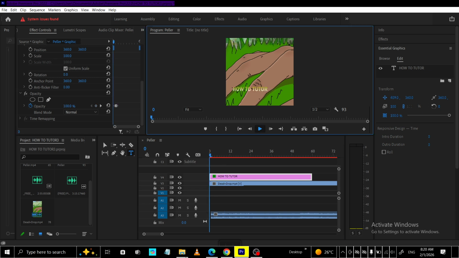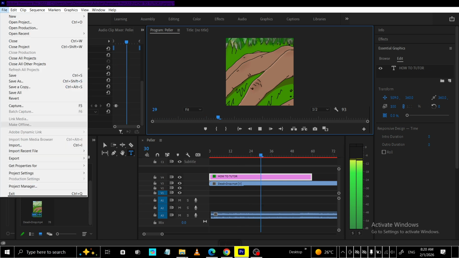For a pop or zoom effect, adjust scale. Begin a bit smaller or larger than 100%, then keyframe to 100 for a crisp settle. A small overshoot followed by a return can add energy if kept subtle. Finally, make everything smoother with ease in and ease out. Apply easing to your keyframes so motion starts and stops naturally rather than abruptly. If the move feels too snappy,